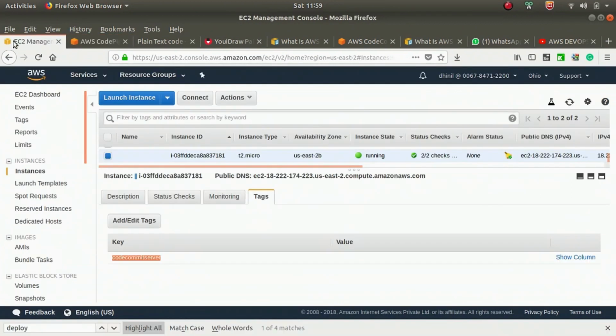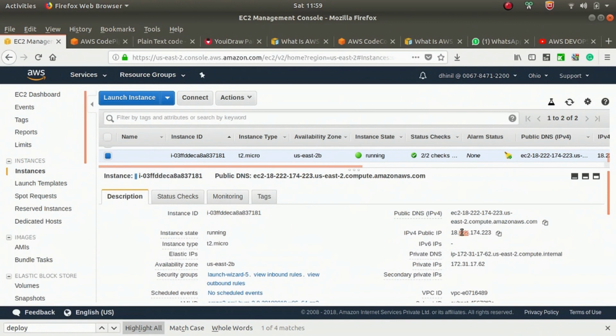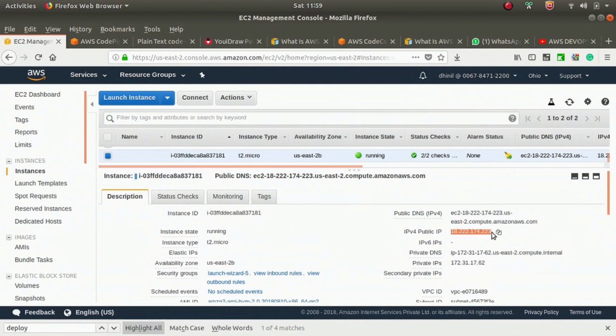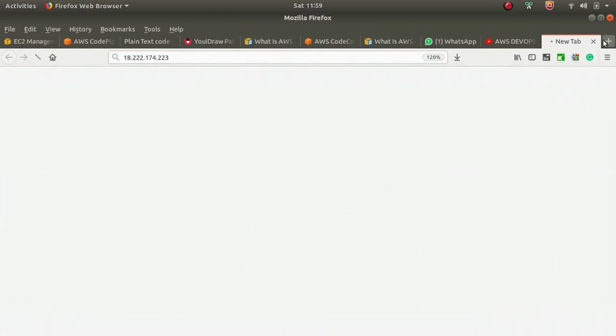Now the next step is we need to check the website. Just copy the public IP, our web page. Yes, we deployed this code automatically using the code pipeline. It's completed now.